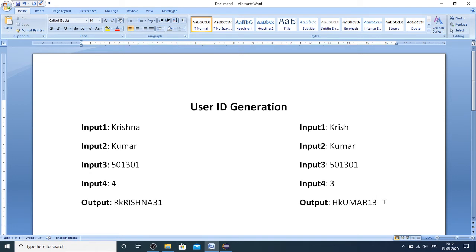So this is how you have to generate the user ID, and then you need to return this in string form.